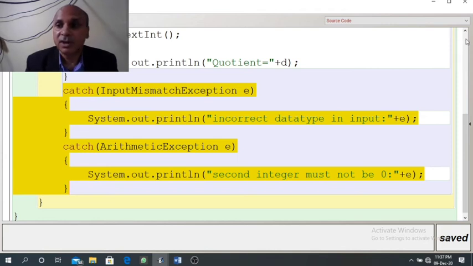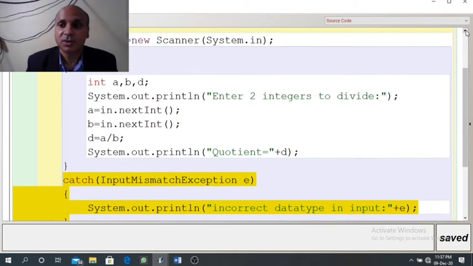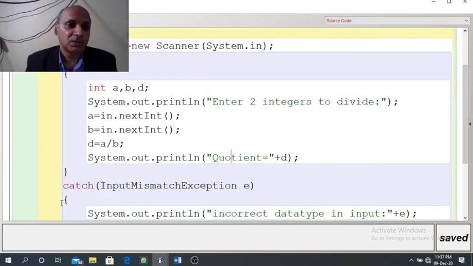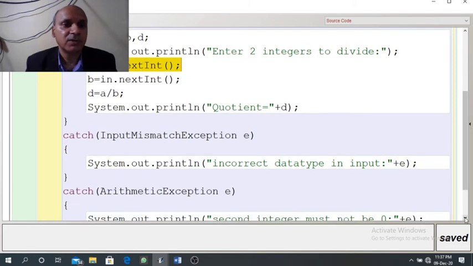A catch block will only run when any error is found during execution of the program. So if we find an error at the time of input, like here, if the data type is not correct, the reason is input mismatch. At that time control will transfer from this statement to the catch block, which will deal with the input mismatch error.